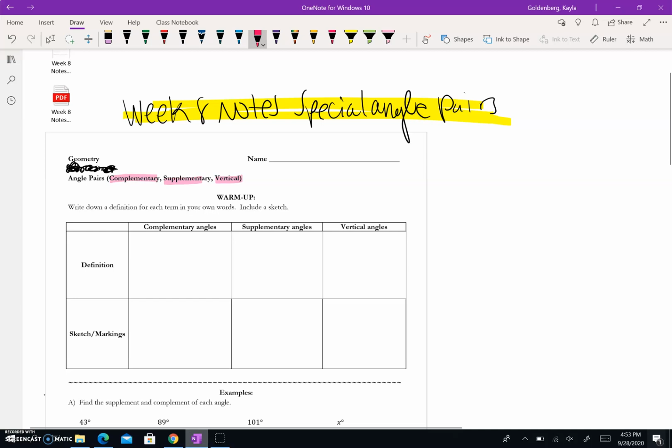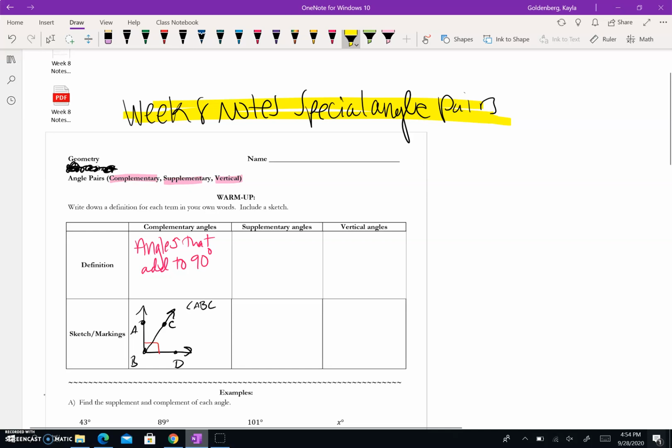So complementary angles. The definition in words is angles that add to 90 degrees, that add up to a right angle. If I draw a picture, here is a right angle, and I'm going to do the symbol for the right angle, here's my 90-degree symbol. And I'm going to draw maybe a line that goes here, and label with some letters A, B, C, and D. So in words, we would say angle ABC,